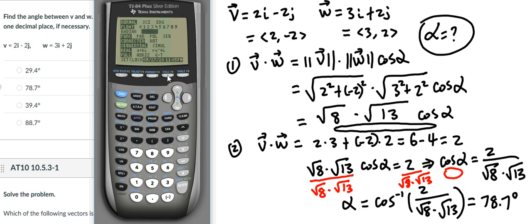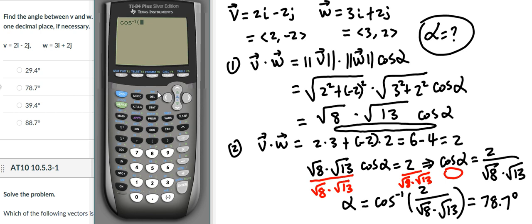You hit enter. Now degree is highlighted, so you know it is in degree mode. And then you go back. Now cosine inverse, what is that? Here is cosine, and blue is cosine inverse. You do second